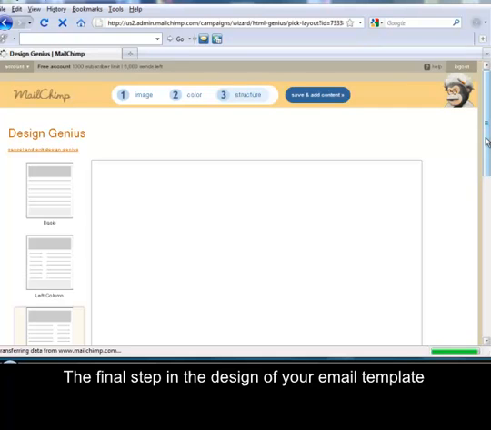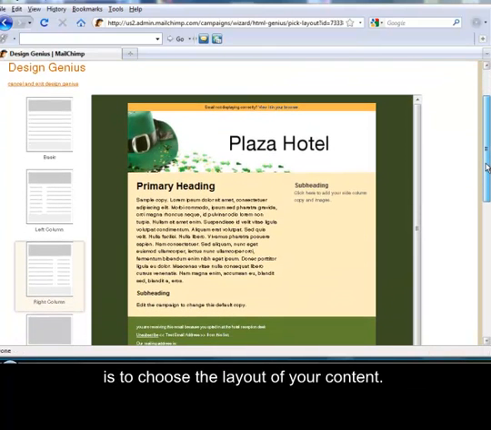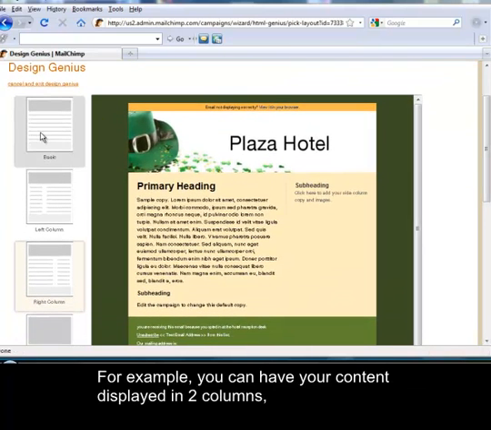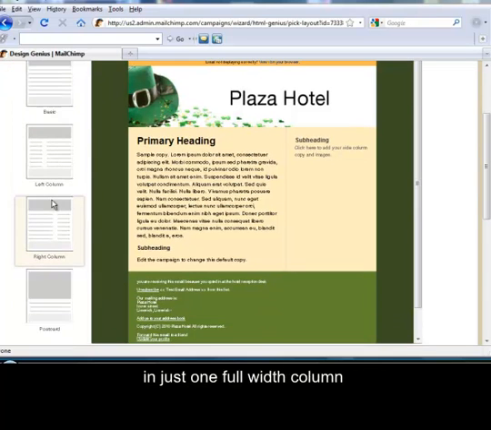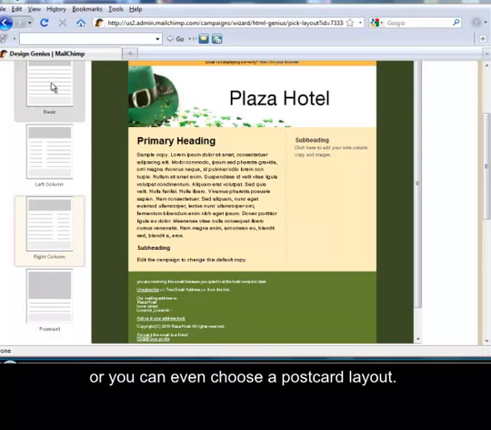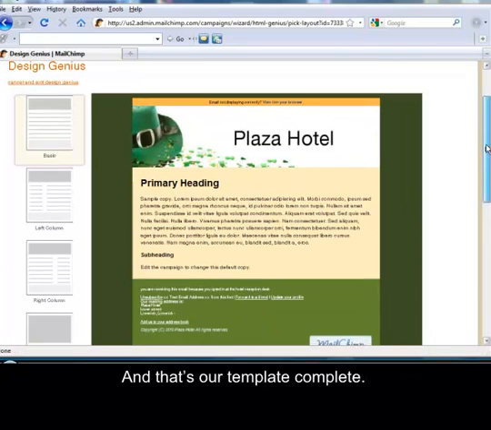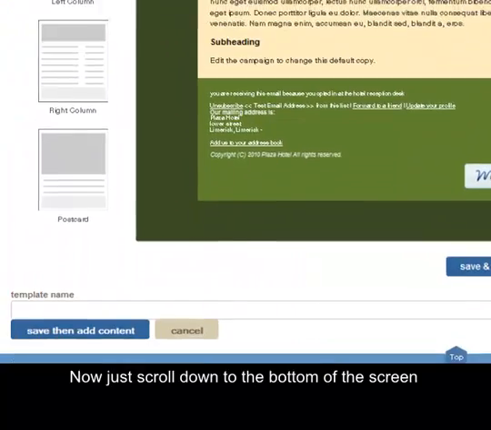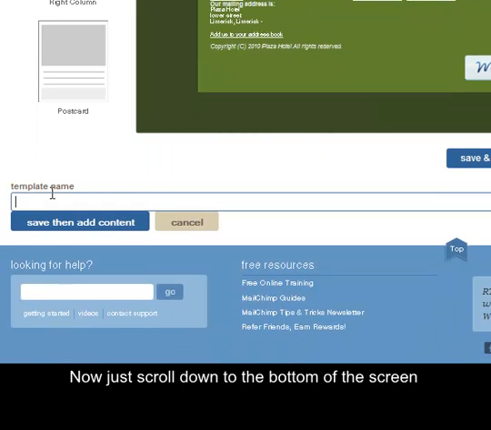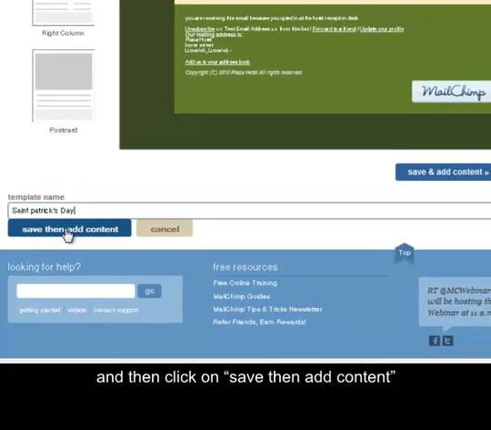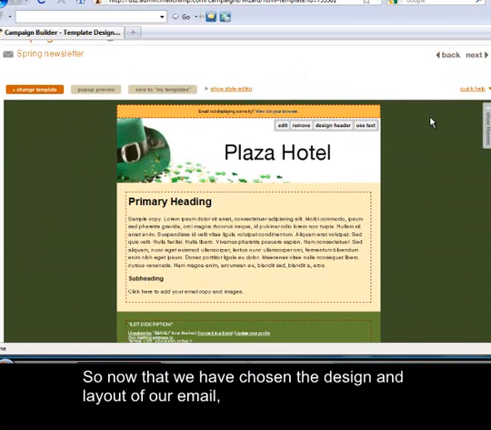The final step in the design of your email template is to choose the layout of your content. For example, you can have your content displayed in 2 columns, in just 1 full width column, or you can even choose a postcard layout. In this example, we'll choose the single column layout. And that's our template complete. Now just scroll to the bottom of the screen and give your template a name, and then click on Save, then Add Content. So now that we have chosen the design and layout of our email, we can now start